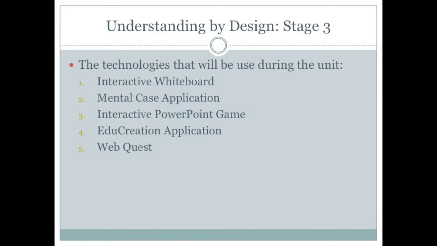Here is a list of all the technologies that will be used throughout this unit. First, the interactive whiteboard will be used to teach students the logic and the reasoning. And secondly, we'll use Mental Case for flashcard use to help students be quick on their thinking. And then also we'll use an interactive PowerPoint game, which will be a fun activity for the students, as well